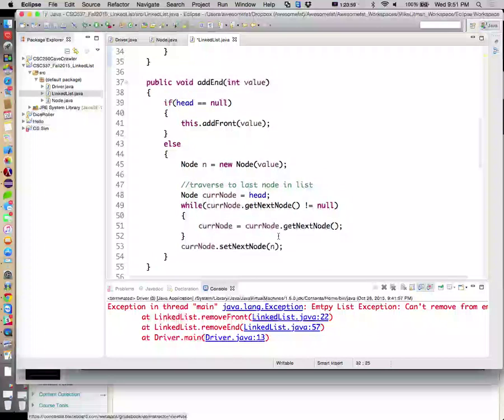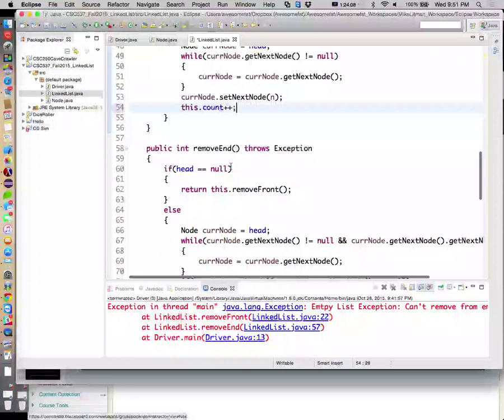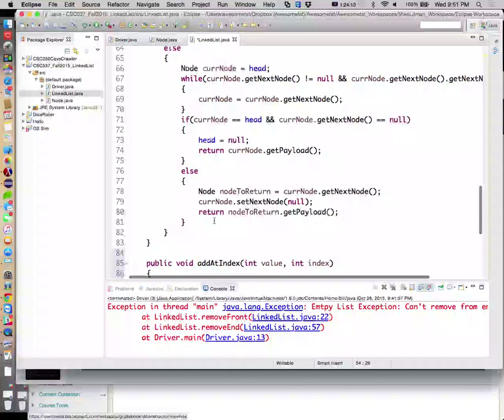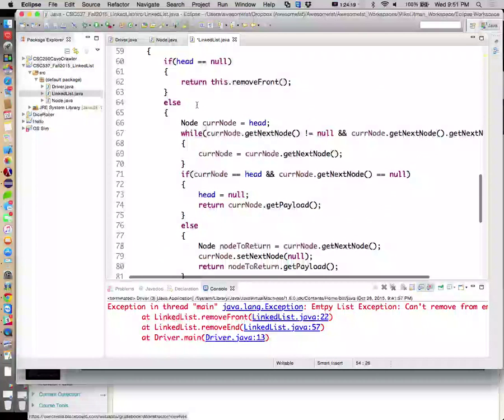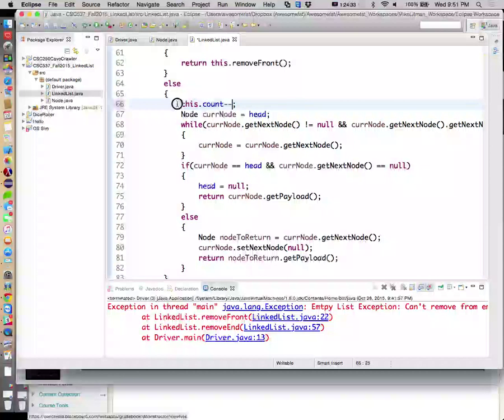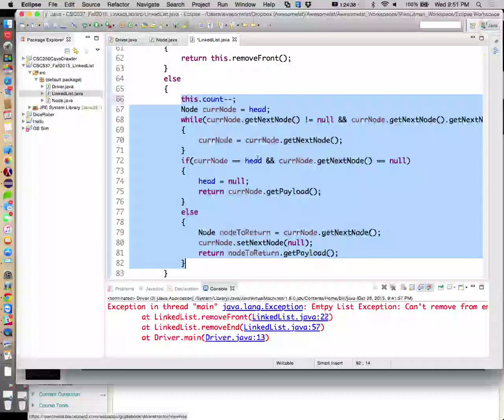So this is add end, so we just added something there. Remove front already handles the minus minus, so now remove end here. I think we can do this right here. If we're in this else, we are definitely removing something from our list. How we remove it is up in the air, but we're removing it.